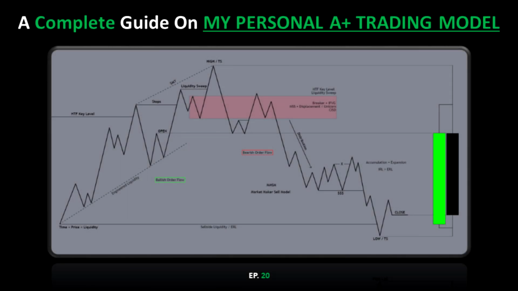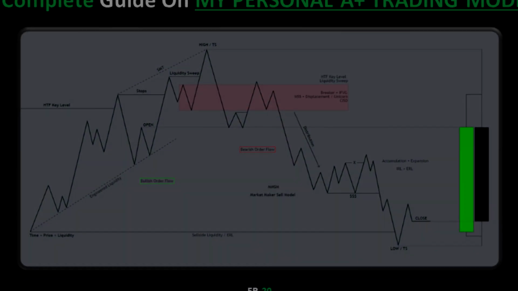In today's video, I will be unveiling my complete model that will set you up for retirement. I'm going to go over everything you need to know to equip yourself to navigate any financial market on any time frame. That's right, my model is completely fractal. Whether you're a swing trader or a day trader, it doesn't matter. So sit back, relax, take out your notepad because you're going to need it, and enjoy the path to financial